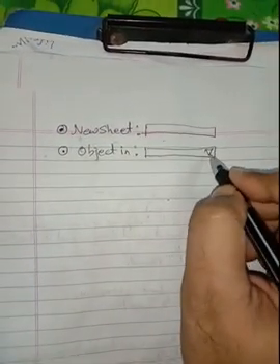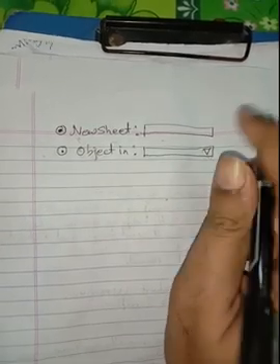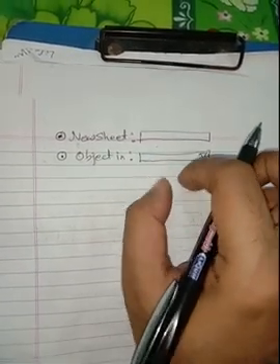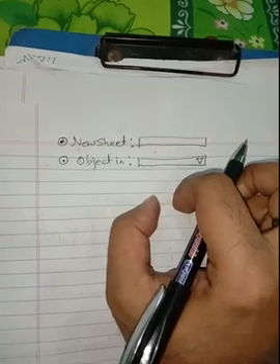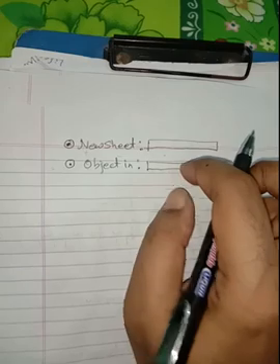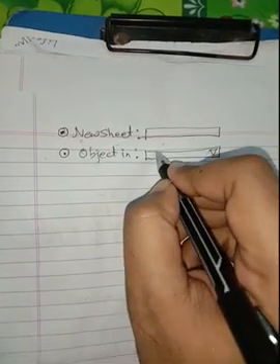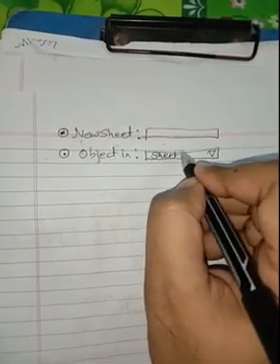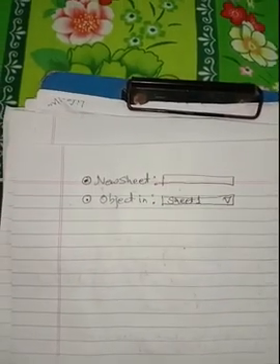So here you will have an arrow like this over here. As soon as you left click over here, the different sheets will appear: Sheet 1, Sheet 2, Sheet 3 that are in your workbook. You can select any of the sheets in which you want your chart to be placed. Suppose you have selected Sheet 1, then press the Enter key or click on OK. The chart will move to the new sheet. So this is how the chart can be placed in the same worksheet or in another worksheet.